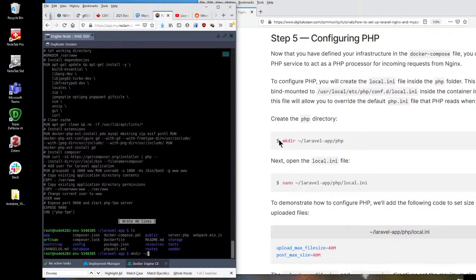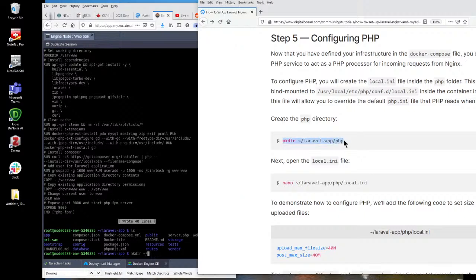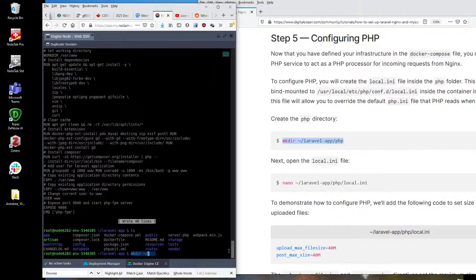Sometimes I get why they do it like this, although it's really kind of confusing. If you didn't know what you were doing, this would be meaningless. But just to be clear, mkdir, this is all going to be the same. If I typed mkdir